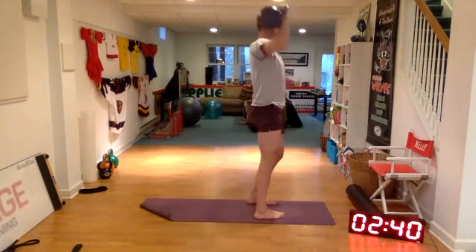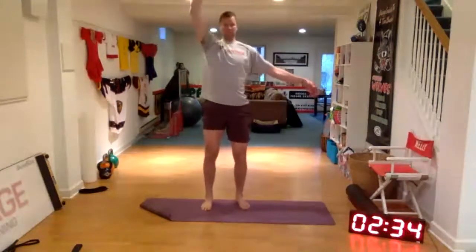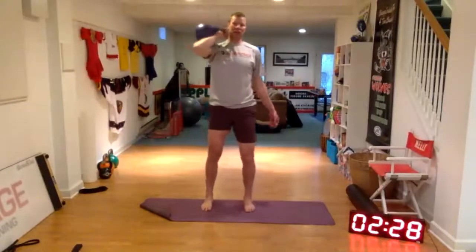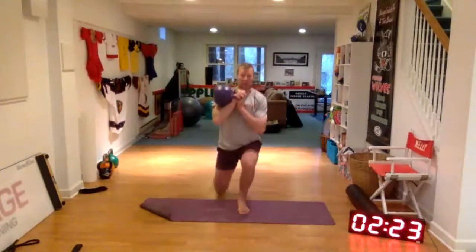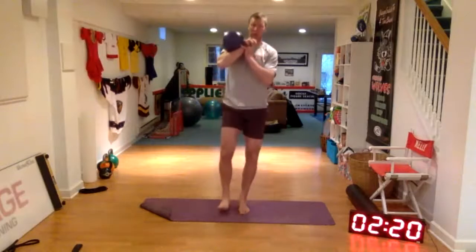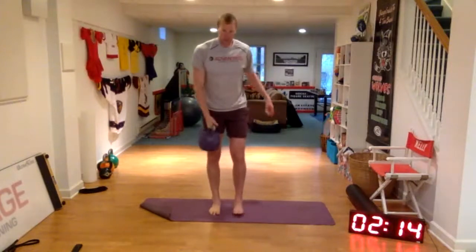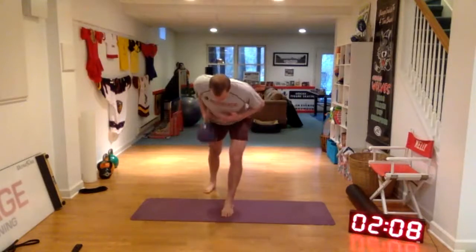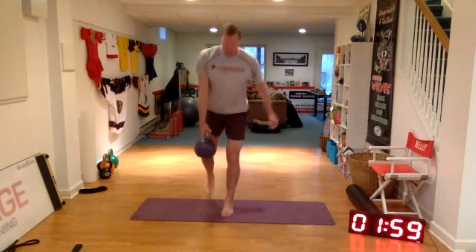Standing after your last get-up turns into a shoulder press for 6. Keeping that weight at shoulder height if you can. Stepping back for a reverse lunge. After that reverse lunge, the weight comes down to your side. Stepping 1 foot back, and we're rowing. Last one, keep the weight on your side